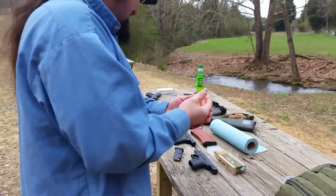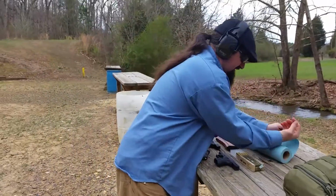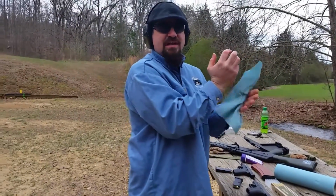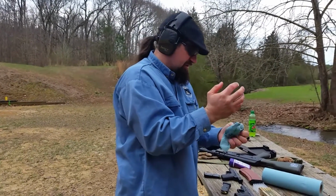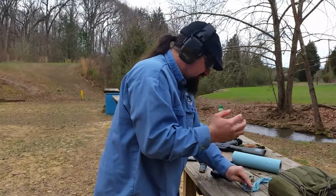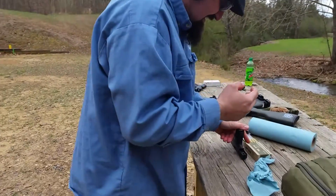Hold on a second. All right, my hand is very slick. I'm going to wipe off my other hand so I can actually rack the slide. Because nobody seems to stipple their slides, and to me, if it got wet, the slide would probably be a lot harder to manipulate than actually holding onto your gun. So, all right, I may or may not need some assistance with that. All right,